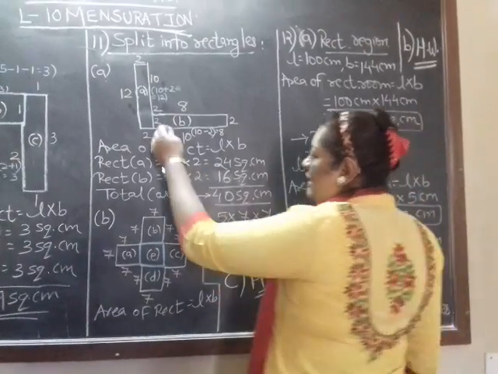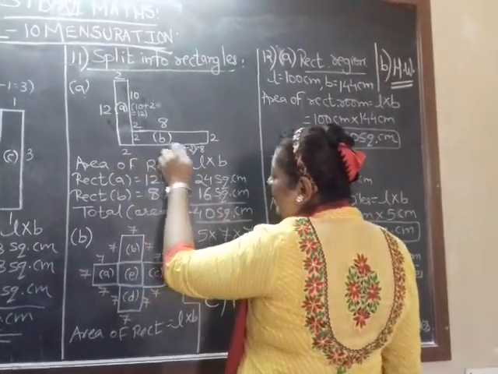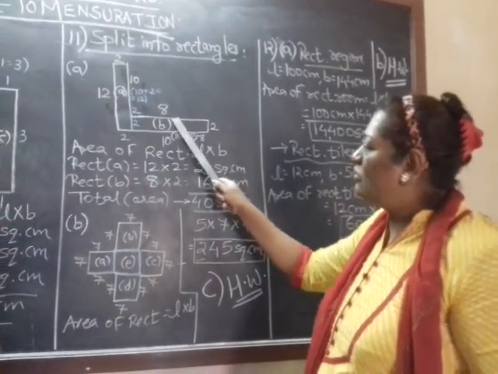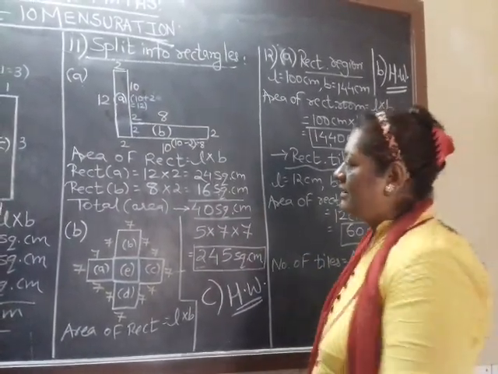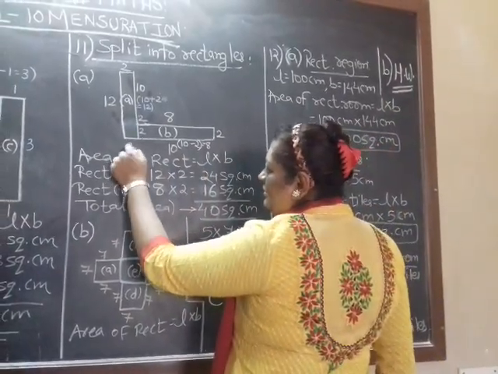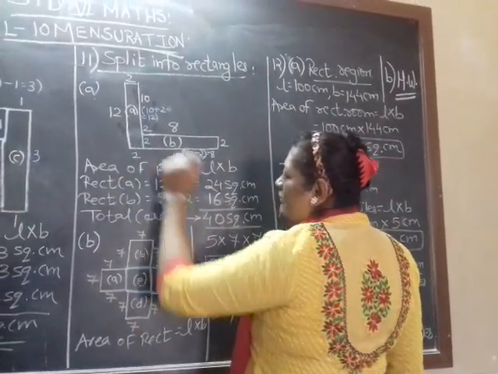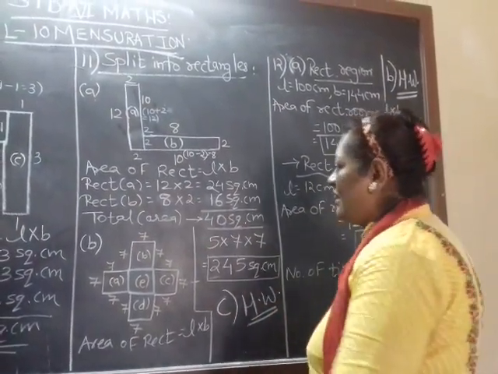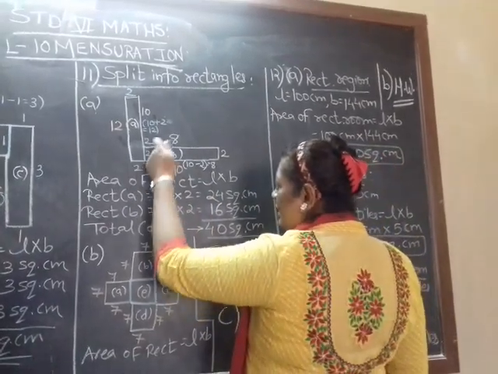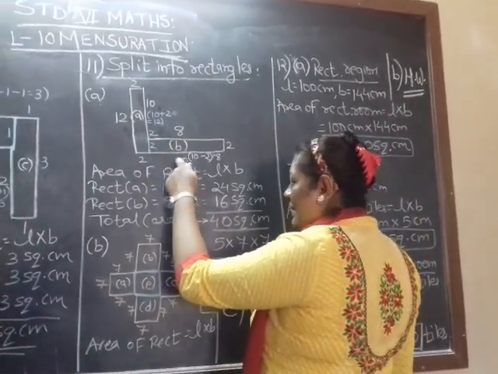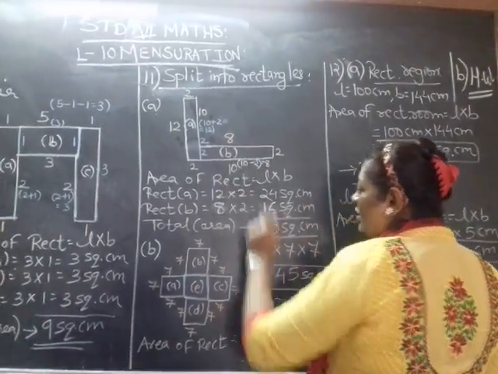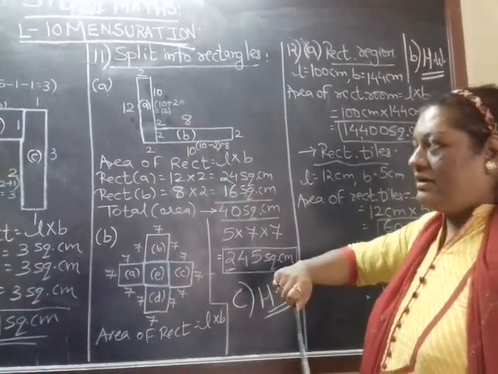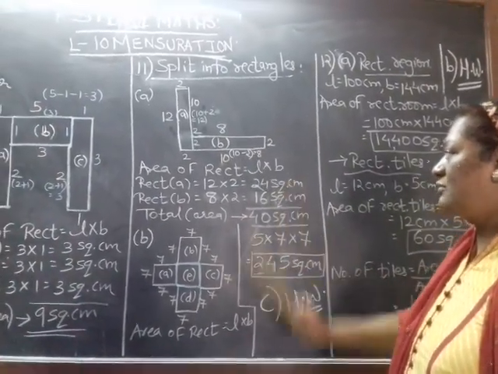Now coming on to rectangle B. If this whole rectangle is 10 centimeter, right? But this is only 8 centimeter. But out of this 10, this 2 had been already allotted to rectangle A. So now if this is 8, this should not be 10. It should be 8. So what you will do? Now you have to make somewhat less from 10 to make it 8. Right? So 10 minus 2 is equal to 8.